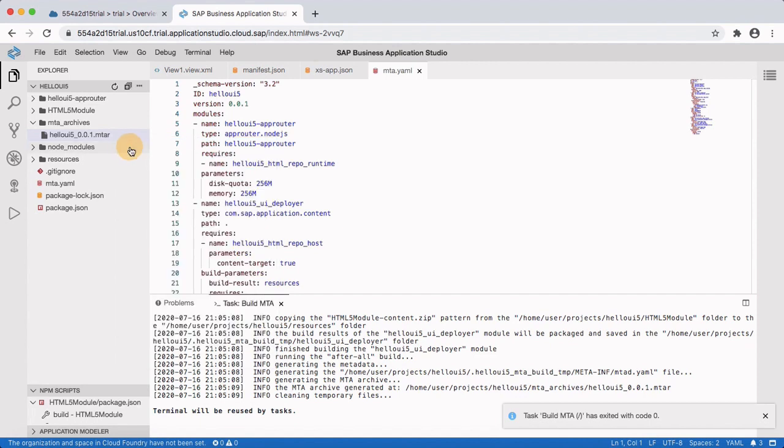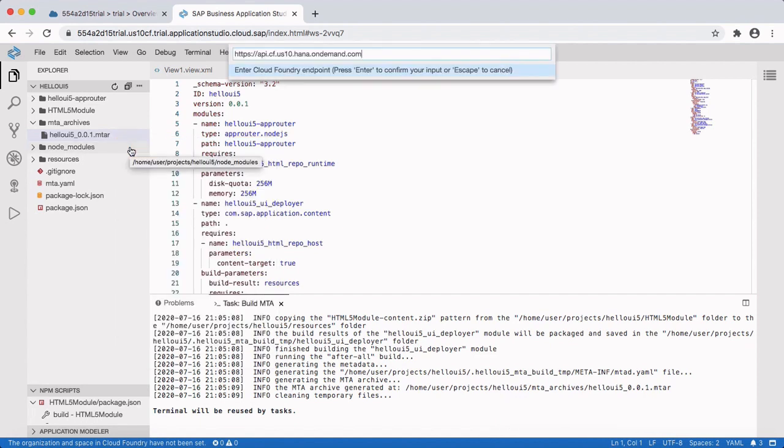I'll right click on the mtar file and click on Deploy MTA Archive. A pop-up comes with Cloud Foundry endpoint. Hit enter. It asks for email.